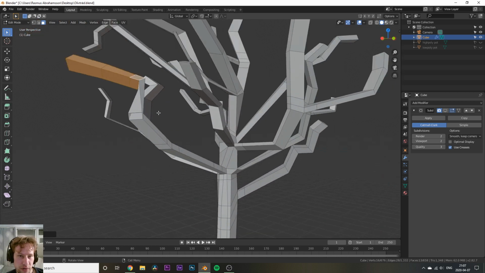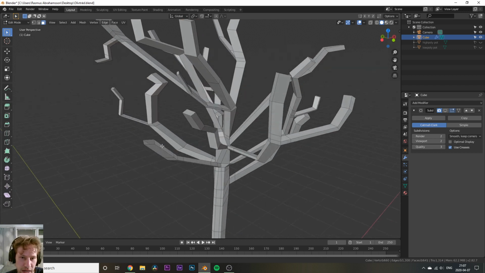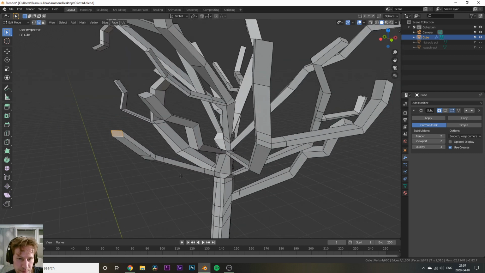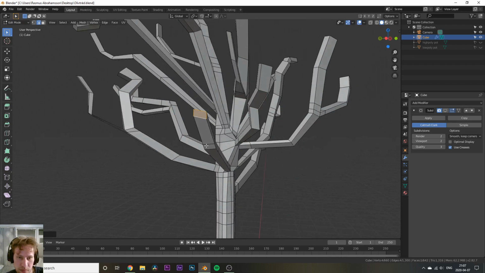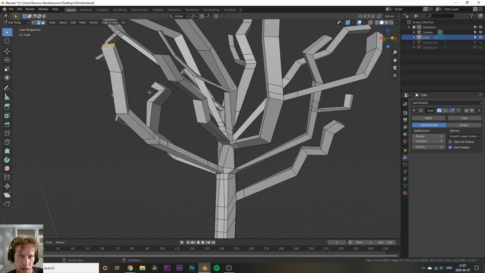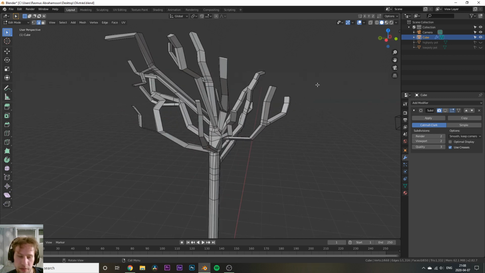Or I thought I would do it quickly. I have a solution though. That is just deleting that. And then I can choose these, press F to fill them. Rotate this. And then I guess we can make some of these a bit smaller like that. And I mean the points should obviously